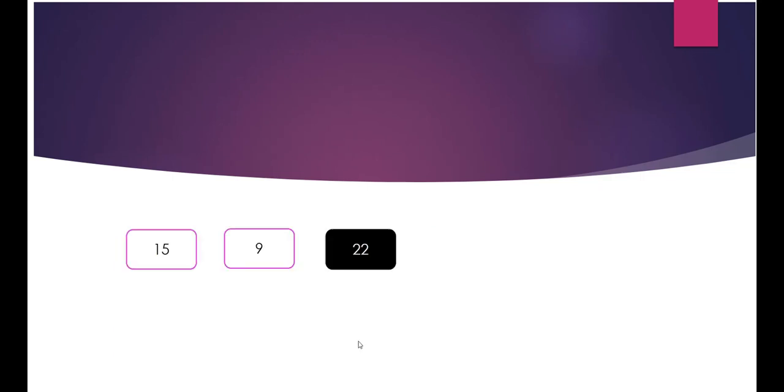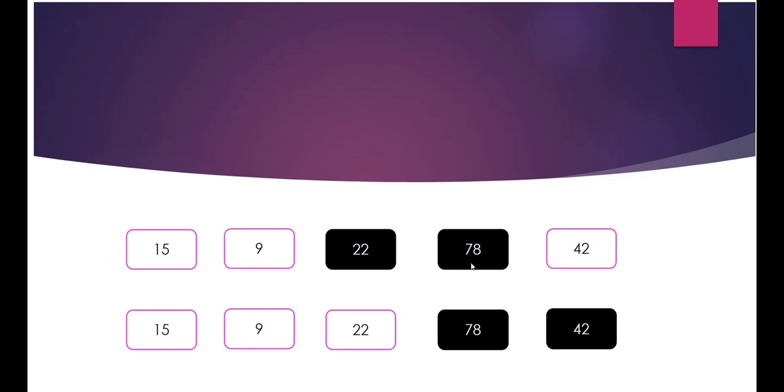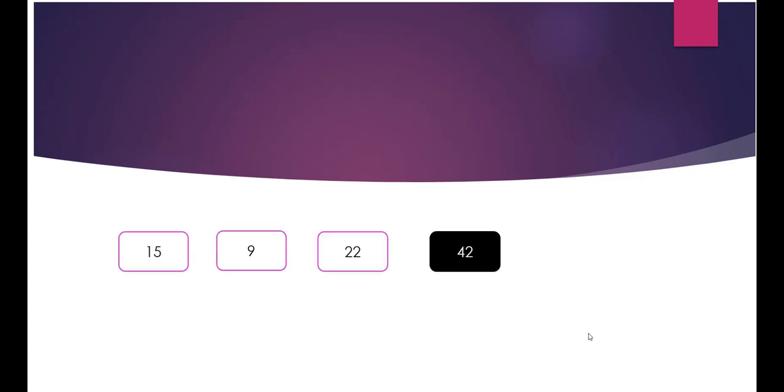In the next iteration, it will check the next two adjacent elements, means the elements at position i equals 2 and i equals 3. But here these two elements are already sorted. So we are going to start our next iteration. In the next iteration, it will check the next two adjacent elements, means the elements at i equals 3 and i equals 4 position. We can see these two elements are not sorted. So here we need to swap these two elements. After swapping, our array will look like this. Now we are at the end of the array. In short, we are done with our first pass.